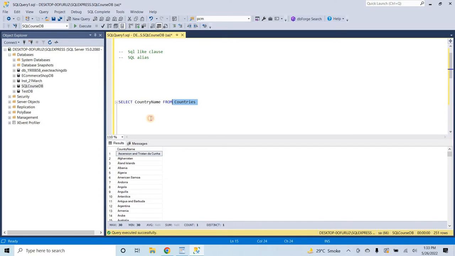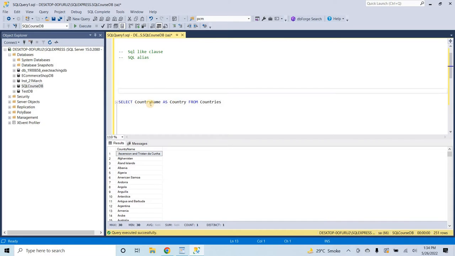Now let's suppose I am passing this data towards my Python web application, my ASP.NET application, or my Java or PHP application. Then inside the application, let's suppose I am representing the country name with country. So how will I make an alias of this column? I mean an alternative. So I will write AS